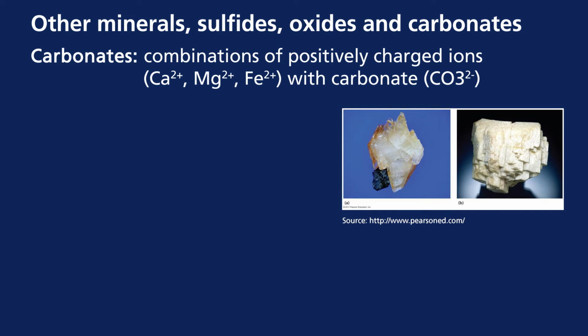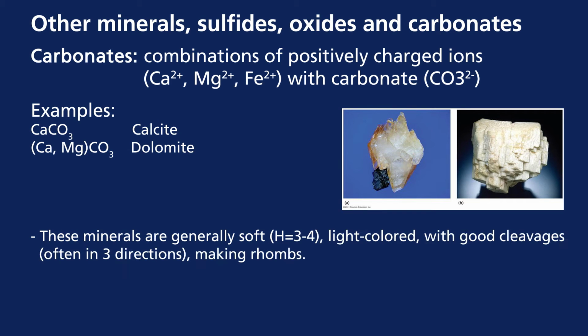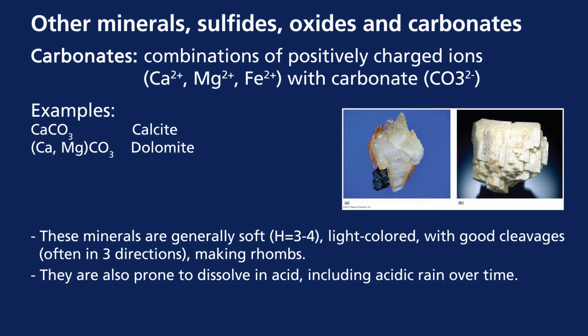Carbonates are a combination of positively charged ions, so these charged positive ions are also called cations, so calcium, magnesium, iron, as well as negatively charged carbonates, CO3. So here are 2 examples, calcite and dolomite. These are rather soft minerals, on level 3 on the Mohs scale, and have cleavages often in 3 directions. These are called rhombs. They're prone to dissolve in acid,